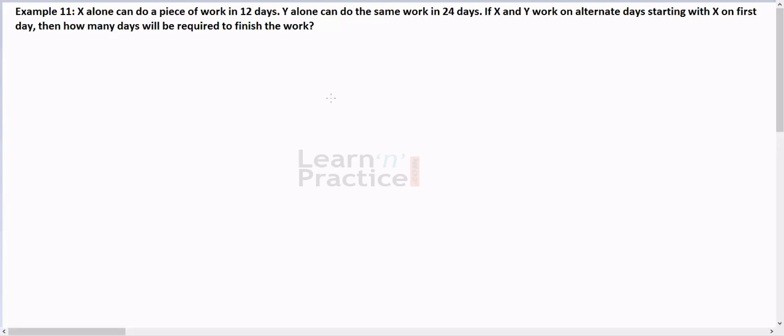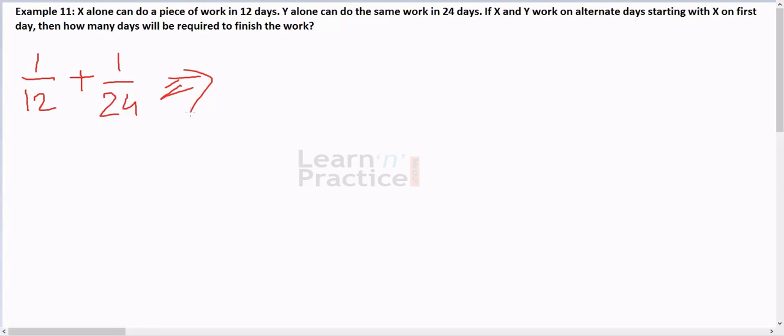So in one day X can do 1 by 12 amount of work. So on the first day he is doing 1 by 12 amount of work. On the second day Y is working and he is doing 1 by 24 amount of work. So in overall 2 days, this much amount of work X and Y both are doing, and this pattern is getting repeated. That means X, then Y, then again X, then again Y, and so on. Okay? So we'll take 2 days of work. So if we solve this, we'll get